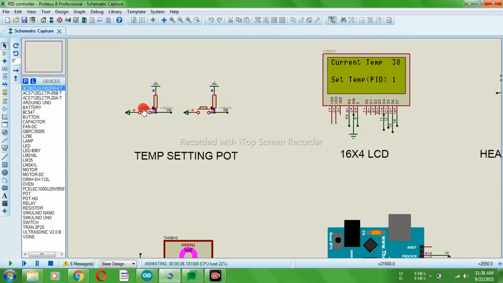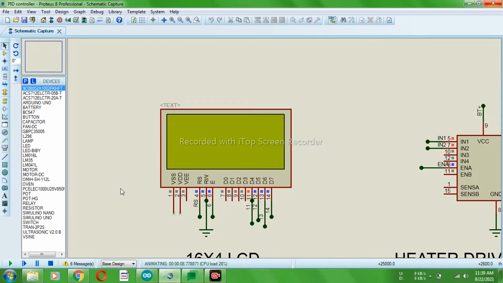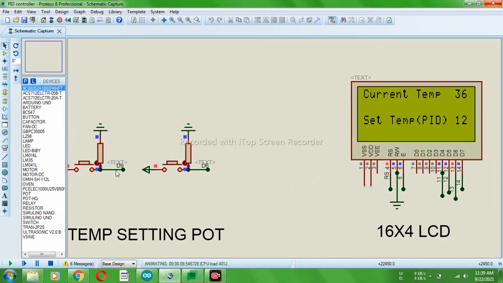So we will press here to change it, and for demo purposes we will set it to 30. On each press you will get an increment of 2. So remember it, and you can also see it on the screen. Now you can see clearly. We will press here, again tapping it, again tapping it. And remember one thing, that we are using a PID control system here, so automatically it comes to the set point. So the set point is 26 degrees C, and we will wait for it. You can see the current temperature is 32, and it must come down to 26, because it is a PID control system.